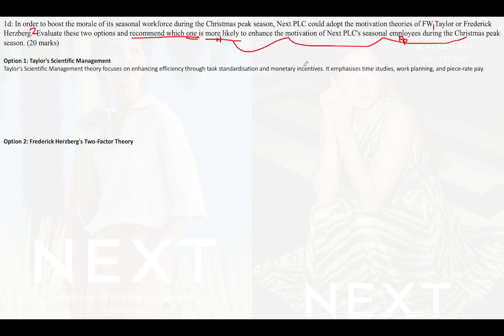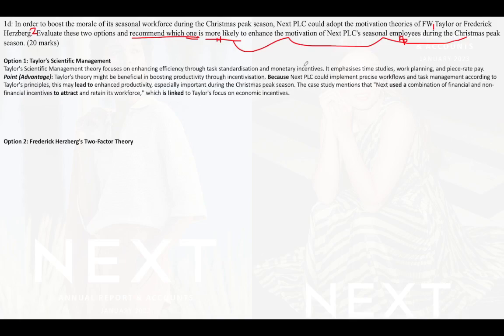If you've already done maths that you could use, then maybe. And this answer, I think, could actually be improved by using some of the calculations that we've already done with the national living wage. Okay, those seasonal employees have just had a pay rise and I didn't use it. So we're then thinking about an advantage. Now, you don't need to write point advantage. This is to remind you of the structure.